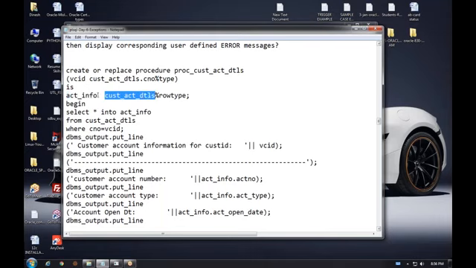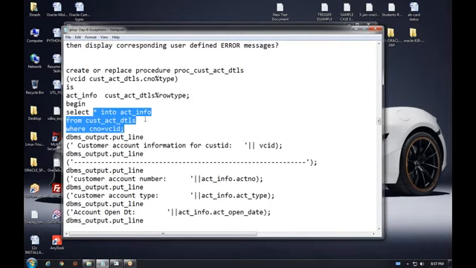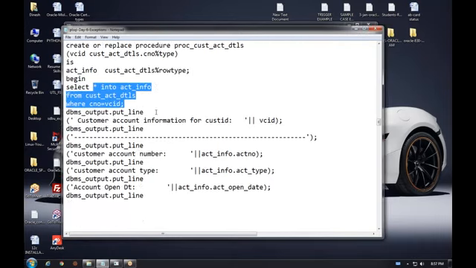So table type record variable, begin. Select the data and save into variable. Fine. In case there is only one customer, then display the details, customer information,